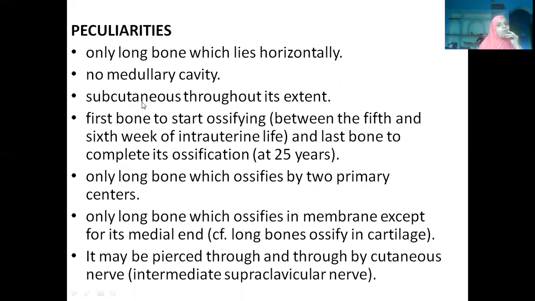Okay. So now coming to the peculiarities of clavicle. So this is very, very important. So we have around 7 to 8 peculiarities of clavicle which can come as a very short one, 3 marks question. It's the only long bone which is lying horizontally. Basically, when you break long bones, inside the long bone, you will see the medullary cavity. But we are not finding any such medullary cavity here.